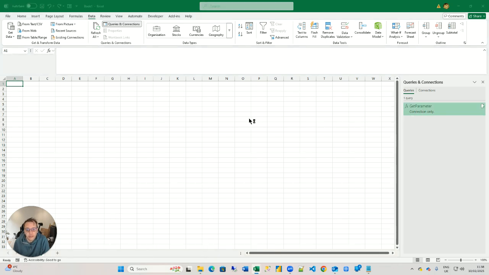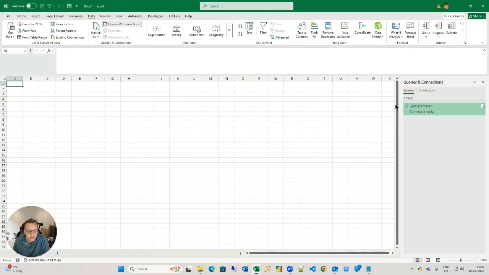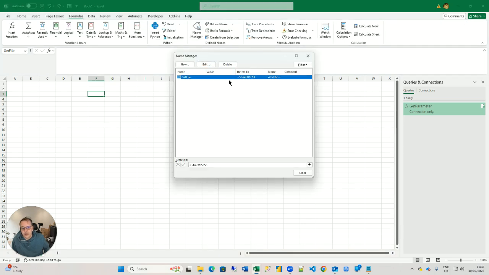If you double click it by accident, you'll see that it comes up with a named range. 9 times out of 10, you're not going to want to do that. You're just going to want to find a cell and call it something. So let's call this get file. So that's now a named range. So if we go to formulas, name manager, we can see that get file is Sheet 1 F3 in this